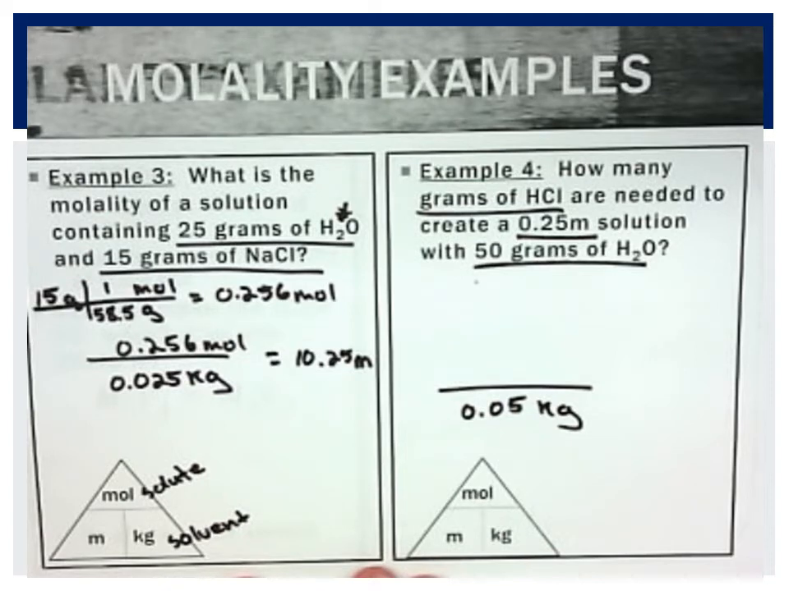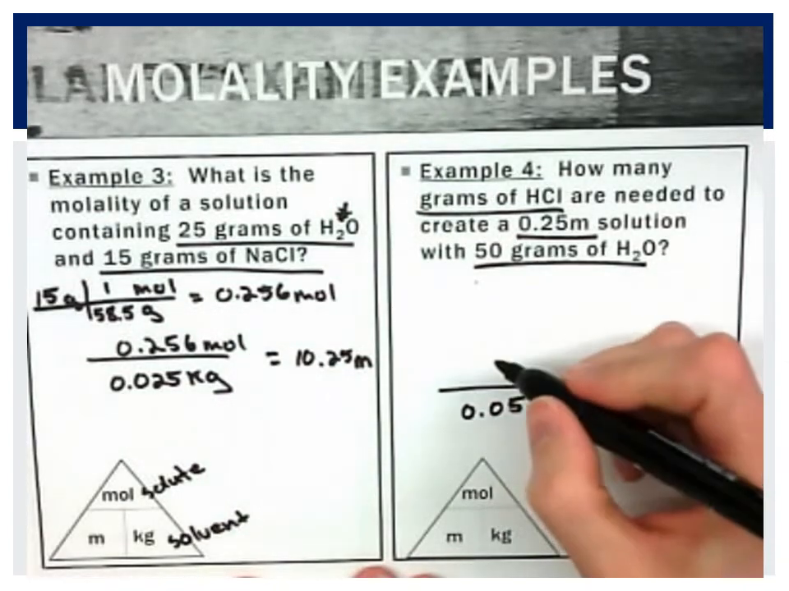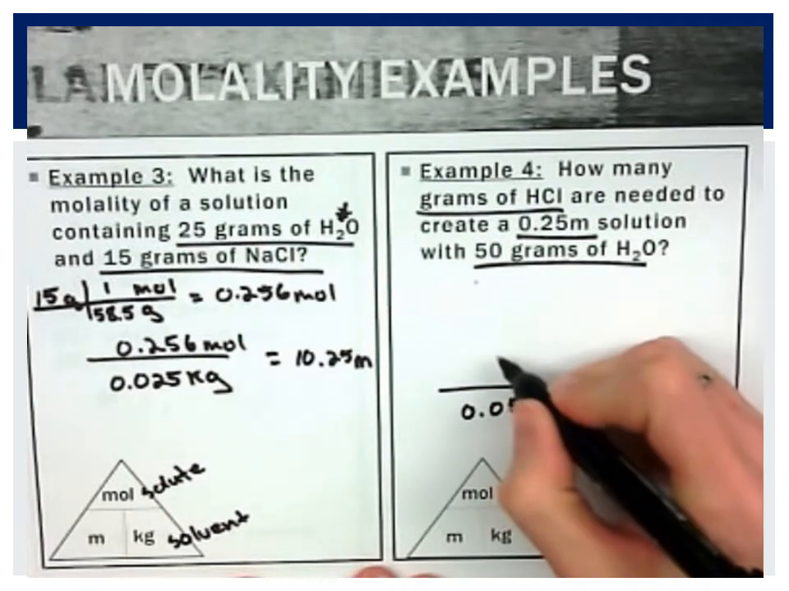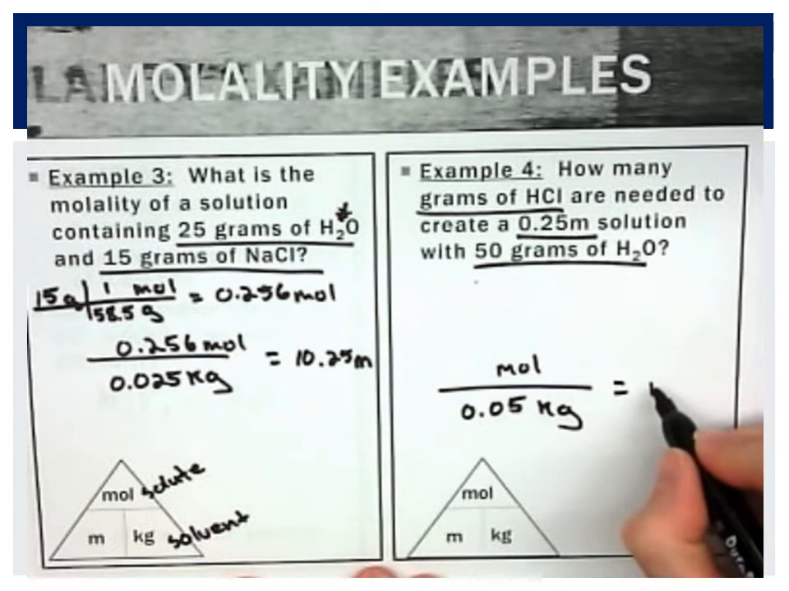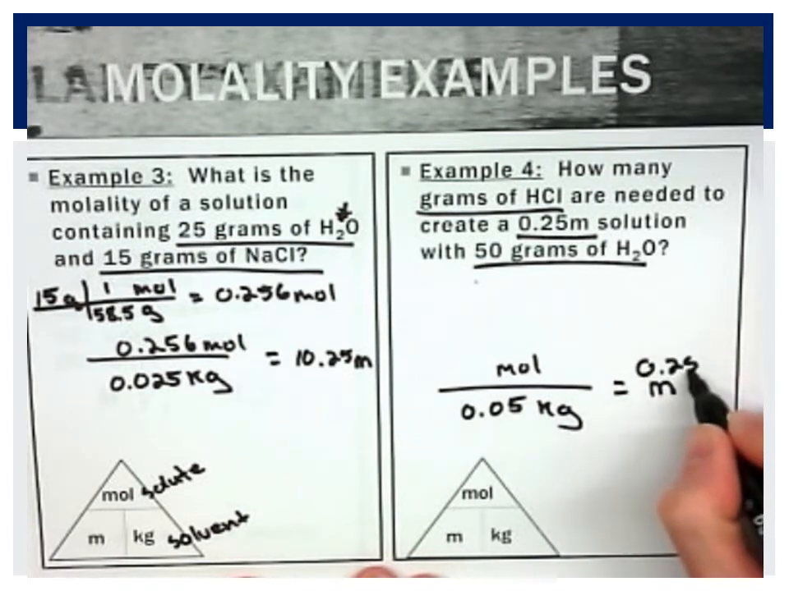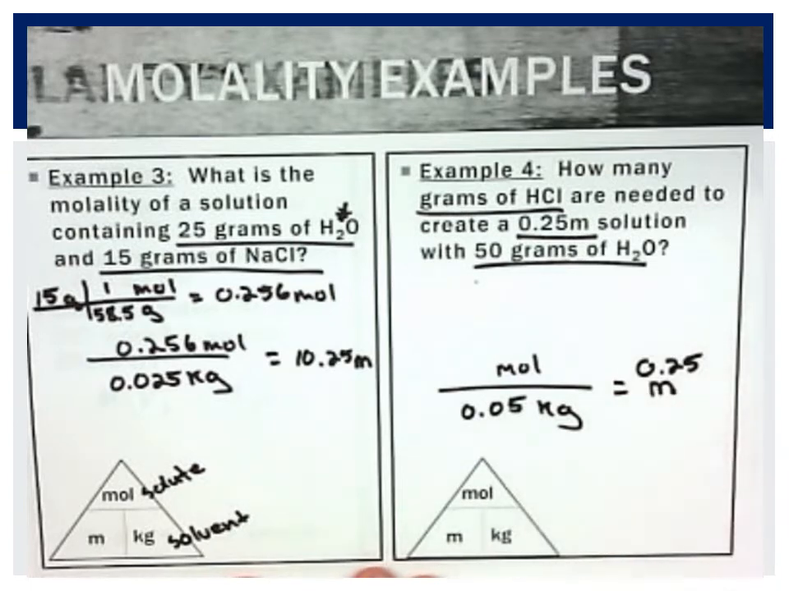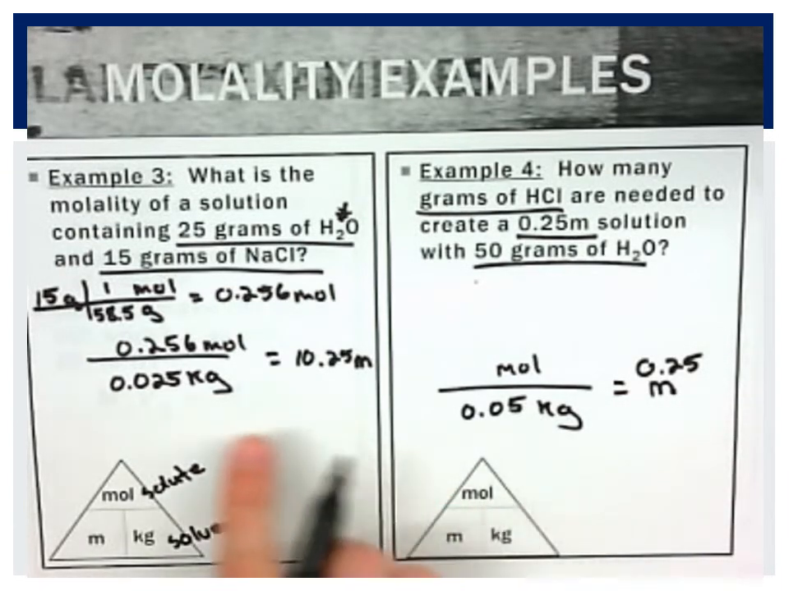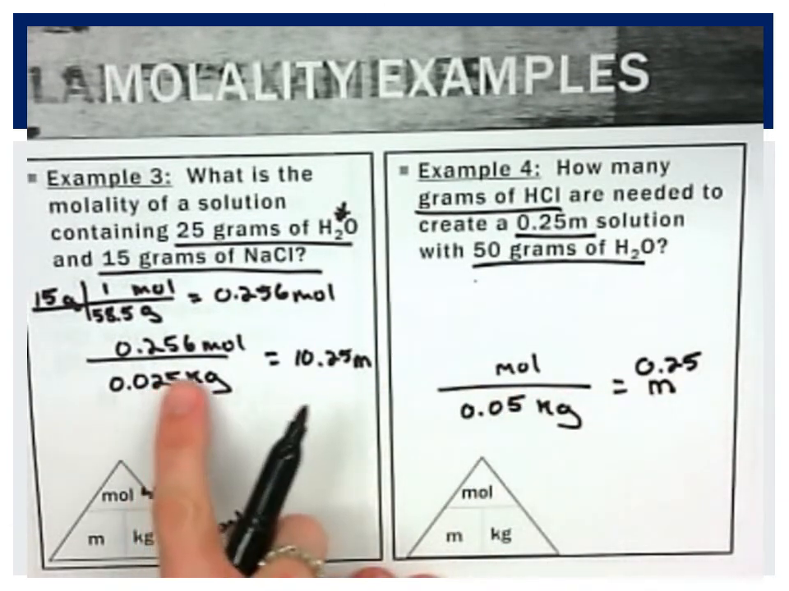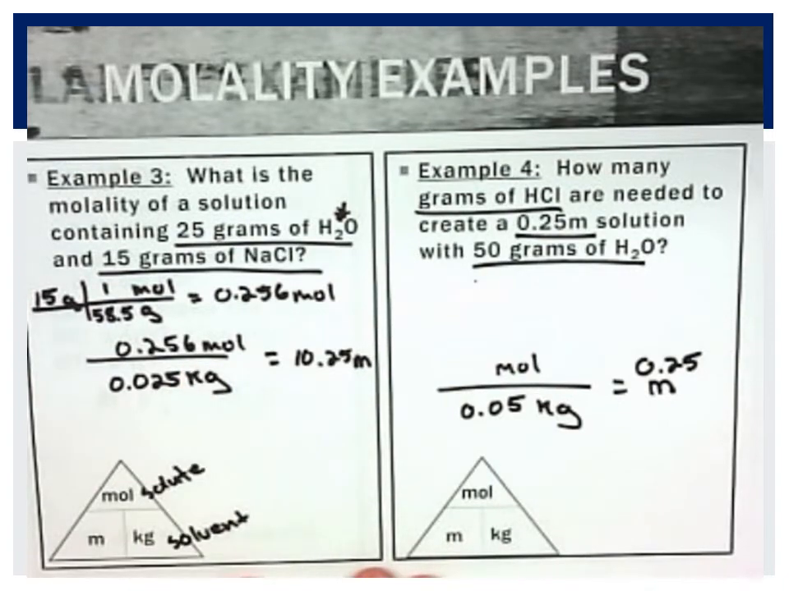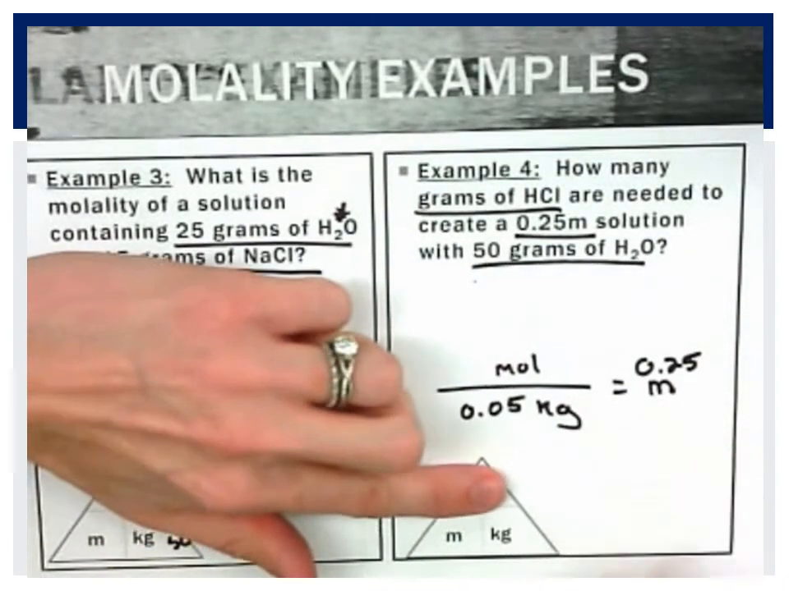And what I'm looking for is the moles. This equals 0.25 molal solution. I didn't use a triangle this time as much as the definition. Moles per kilogram equals molality. See, it's sort of set up like this one, except my unknown is a little bit different. I could have said, okay, I'm looking for moles. I want to do